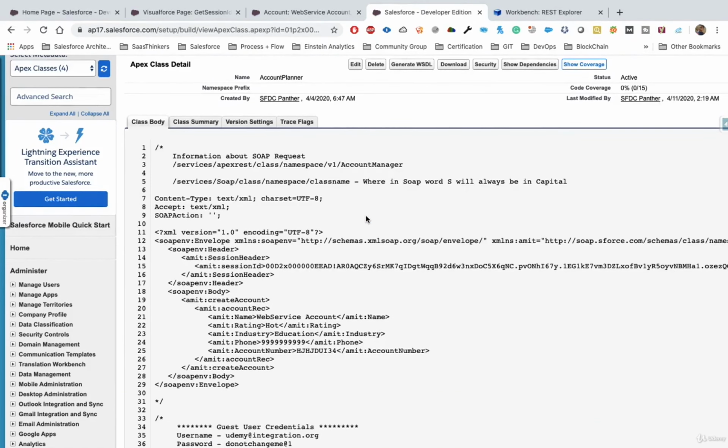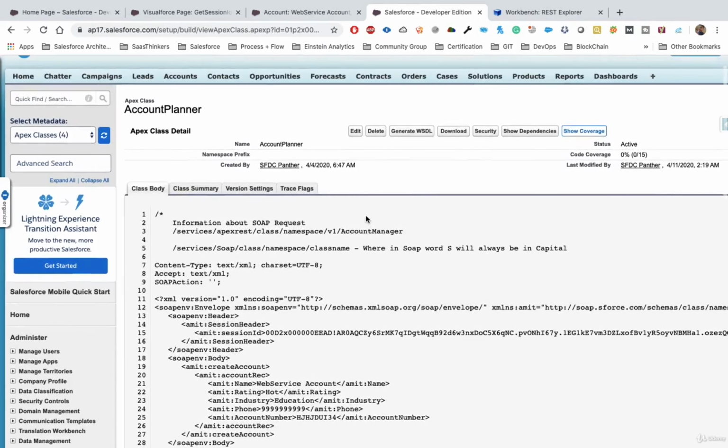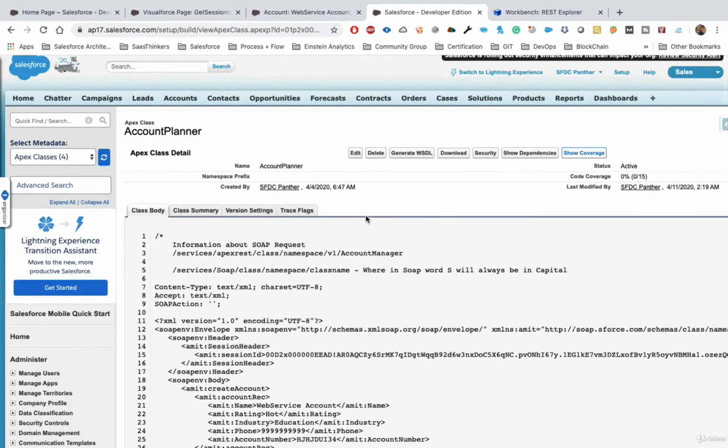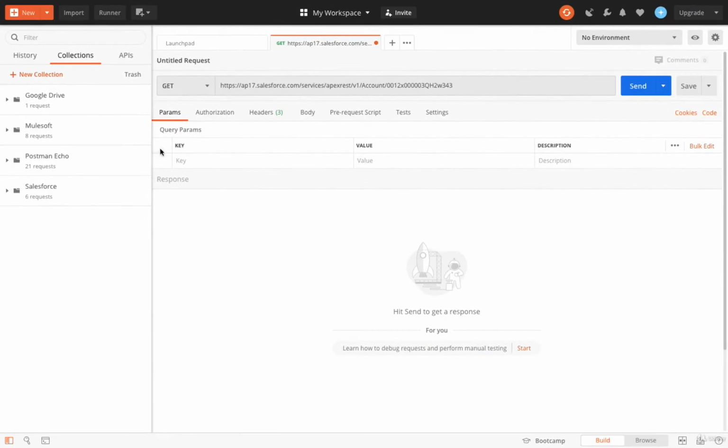So first step is to prepare the URL. How will we be preparing the URL? The URL will always be the namespace, again the same thing that we did for our Apex REST. So it should be a namespace here. So I'm here in my